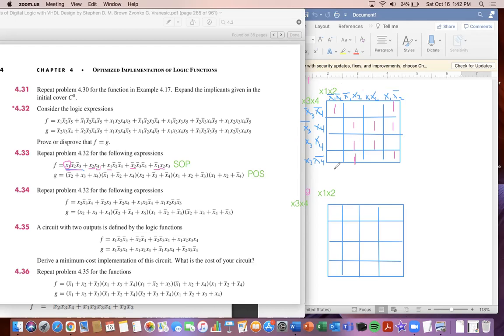And then let's now match it up with this map for G. So let's go to G and do all the ones for it. Okay, G is going to be, remember, product of sums though? We flip the output. So when we're looking for x2 bar, we're actually looking for x2 on the map because we flip it, remember? So when I go here and when I rewrite these, so when I do x1, x2,